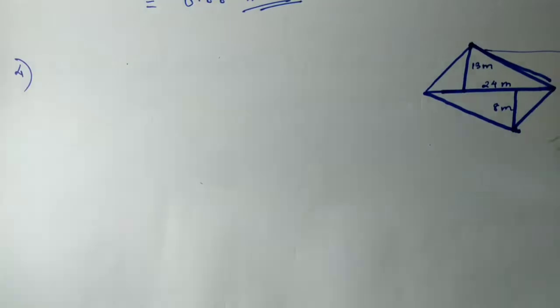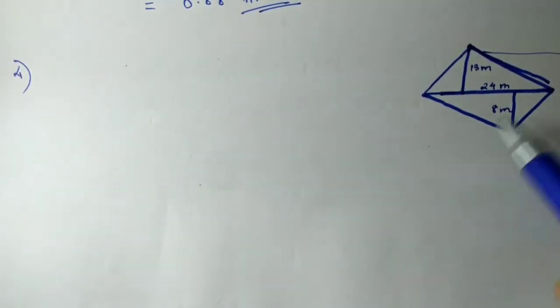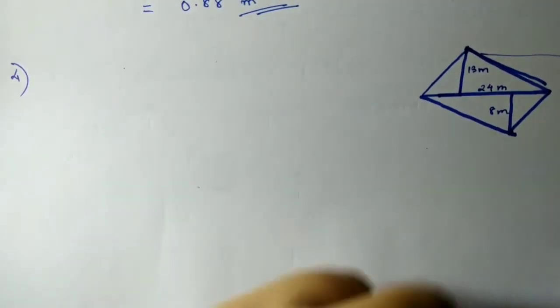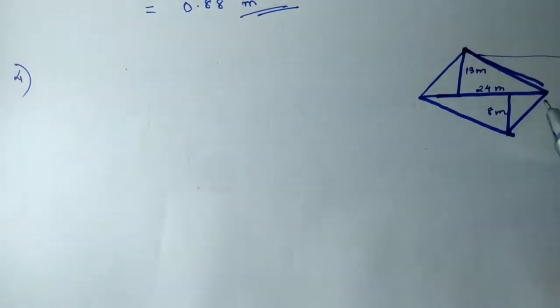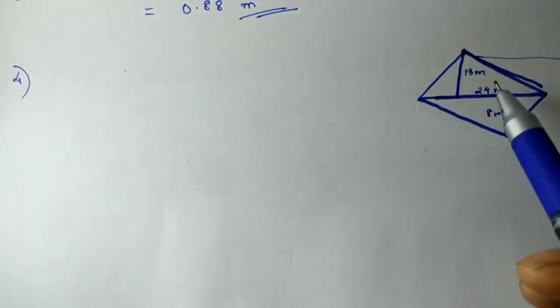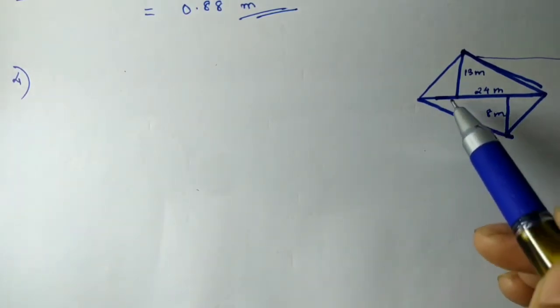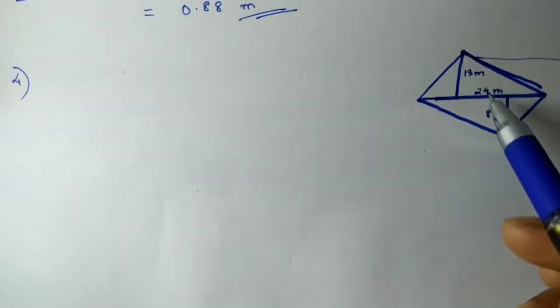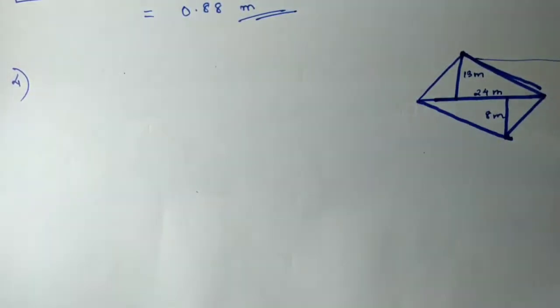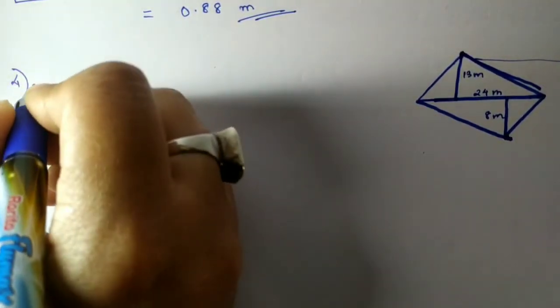Now here it is not a trapezium shape. Even if it were a trapezium shaped field, the sum of parallel sides and one height should be given, but it's not. If you see it properly, the upper side looks like a triangle, and the lower side also looks like a triangle, separated by the diagonal. For the area of a triangle I need half into base into height, which I have for both triangles. If I find the area of the triangles and add them up, I'll find the area of this quadrilateral shaped field. So let's do this.